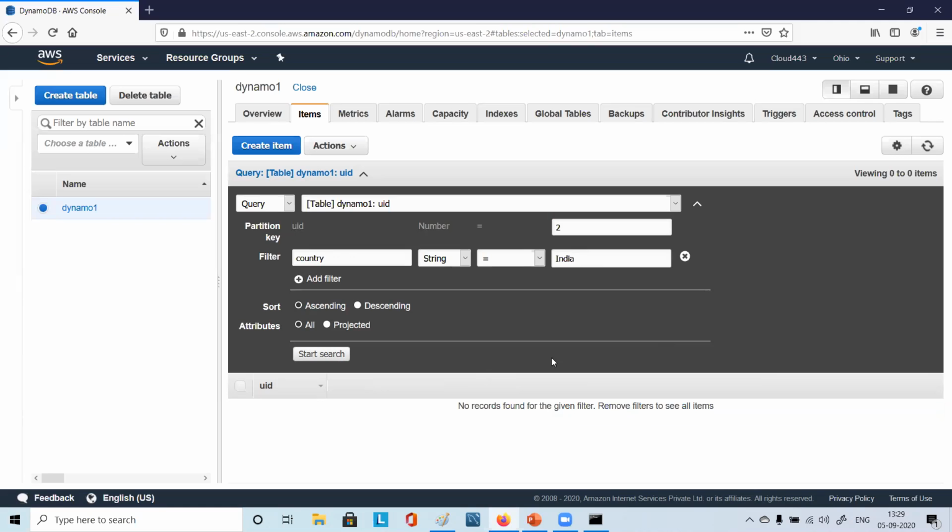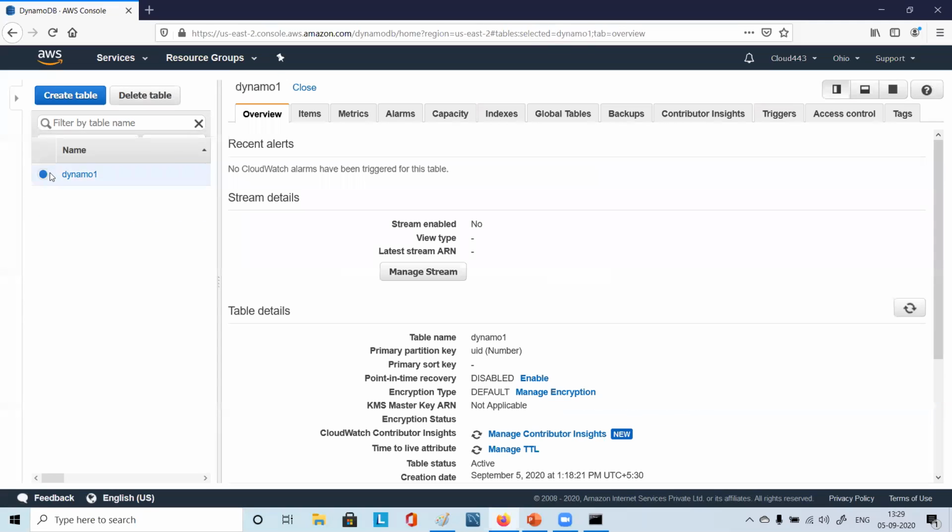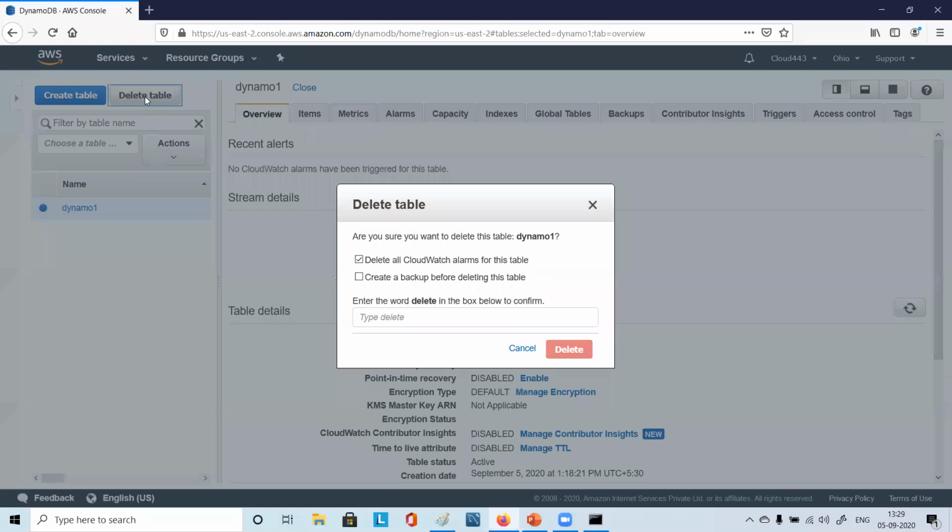Yeah. So for deleting the table, it's simple here. It's selected here, right? And then you simply click on delete table. Delete all CloudWatch alarms for the table. Create a backup before deleting this table. So here the option is reverse. There, by mistake, what you did, you created this snapshot.